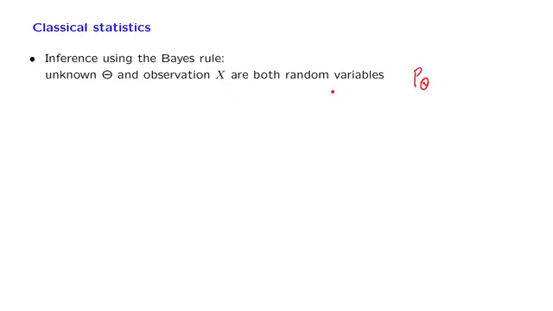And then we make some observations, and those observations are modeled as random variables, and typically we are given the conditional distribution of the observations given the unknown variable. So these two distributions are the starting points, and then we do some calculations and we use the Bayes rule and we find the posterior distribution of theta given the observations. And this tells us all that there is to know about the unknown quantity theta given the observations that we